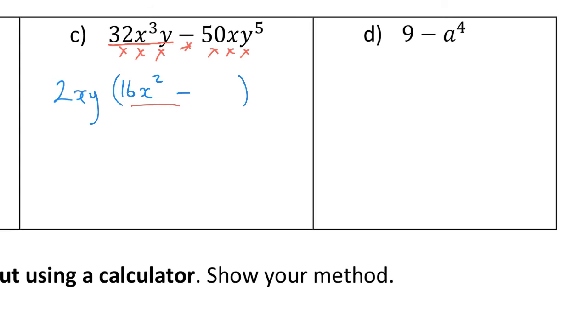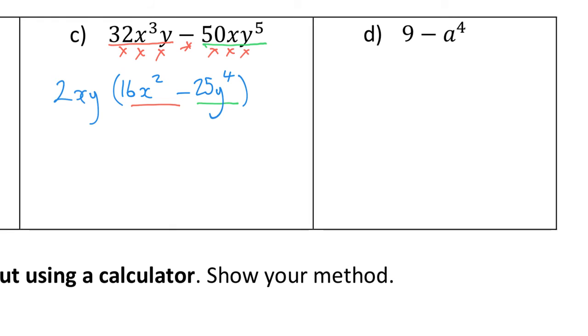Then we could take away. And we need 2xy multiplied by whatever this is. Should be 50xy to the 5. So 2 times 25 is 50. The x's are sorted, and then y multiplied by y to the power of 4 will give you y to the power of 5. Now, what we have inside the bracket is